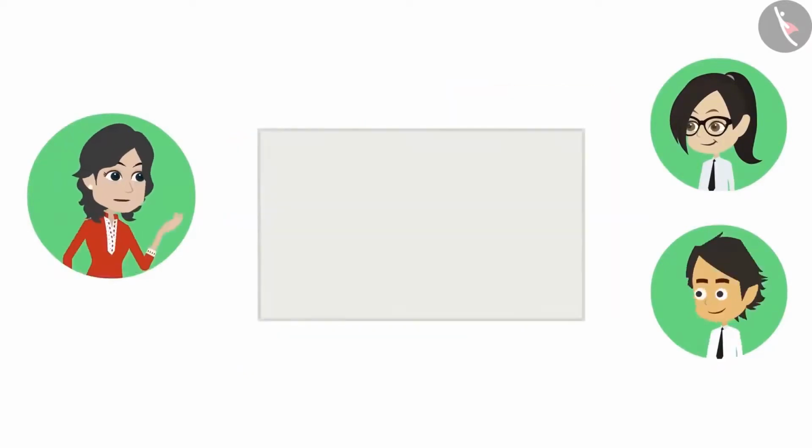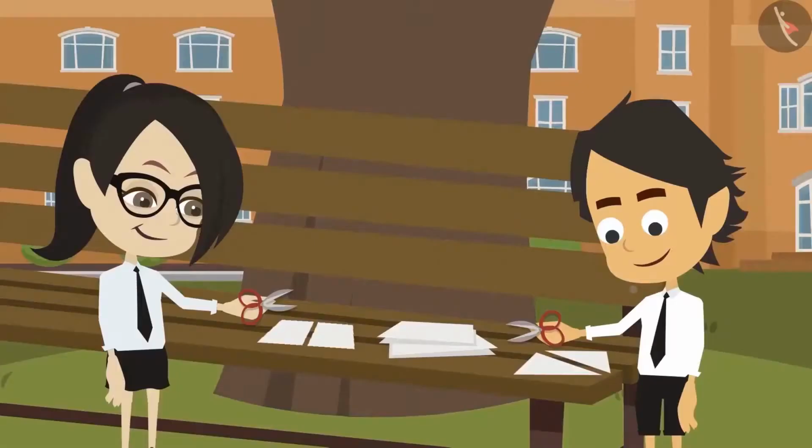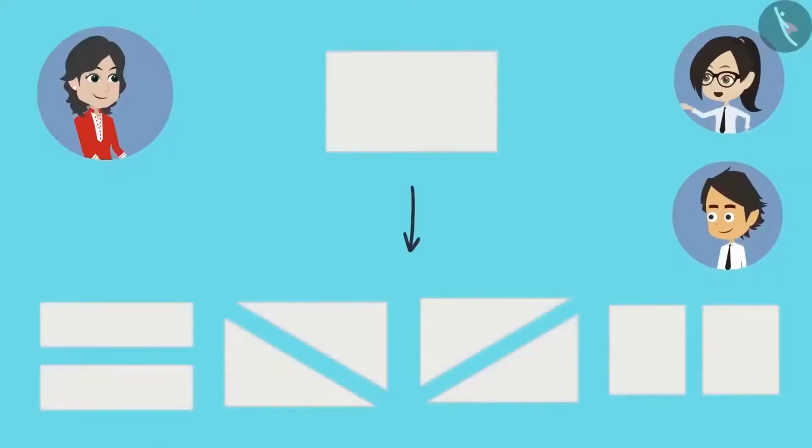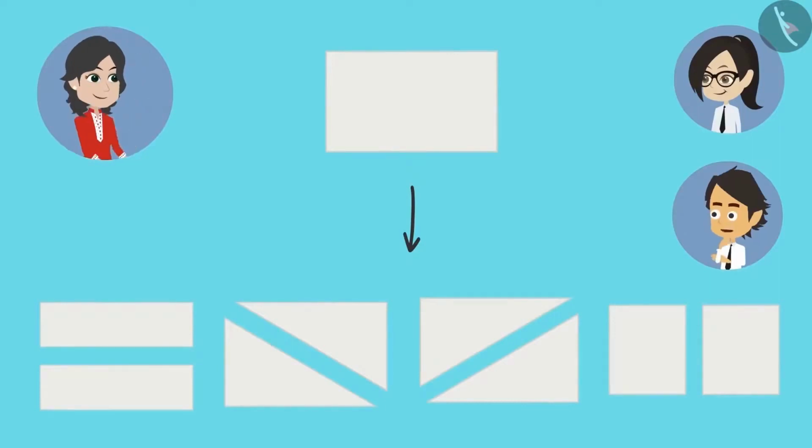Yes, look at this paper. It is a rectangular paper and it can also be cut into halves in many ways. You also try to divide it into halves in many ways. This paper can be divided into equal halves in this way. You have divided it into 2 halves in quite a few ways. Yet there are many more ways by which it can be divided into halves. What are the other ways by which it can be divided into halves?